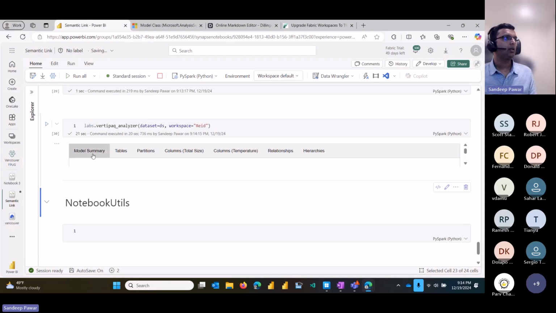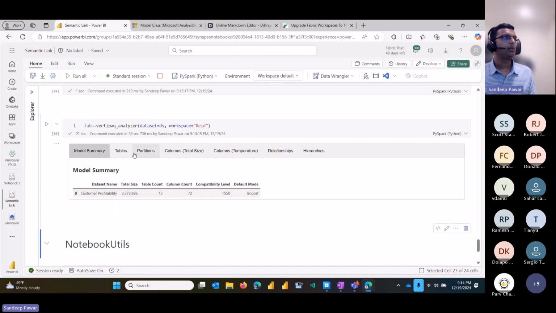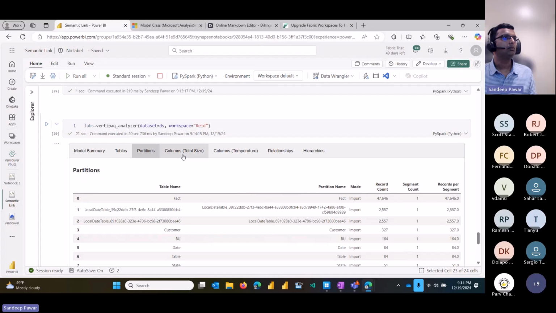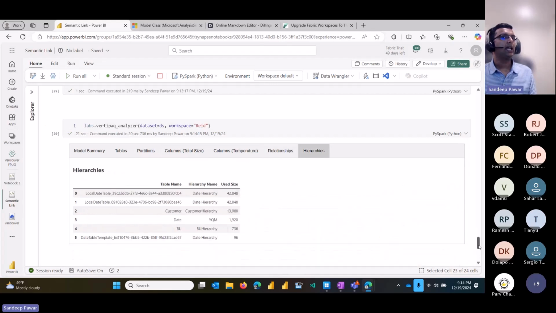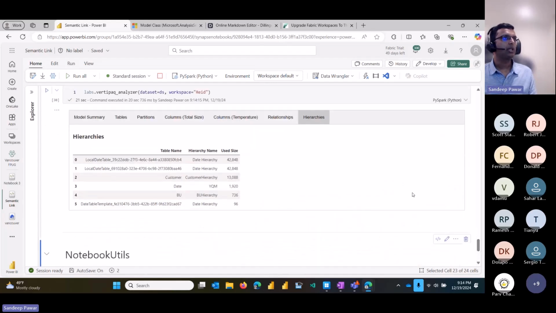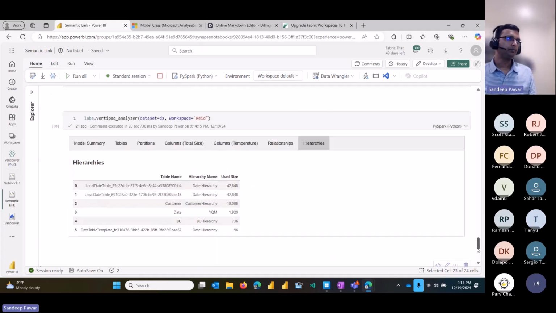But when you do that, click on Model Summary, and you get a nice summary of all the things here. You can export this out and then save it. So I actually am doing that for my current client, where I analyze semantic models that are in production using